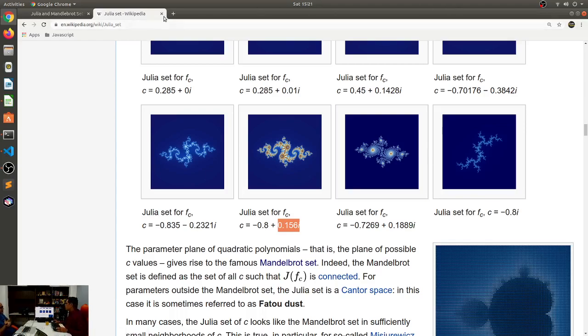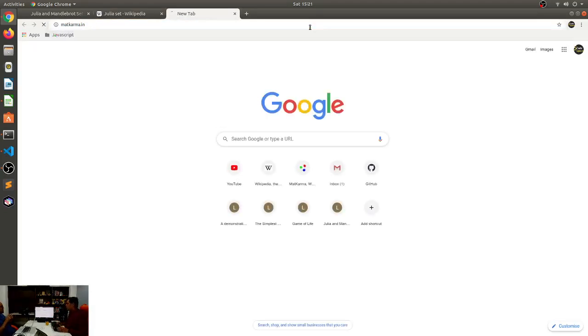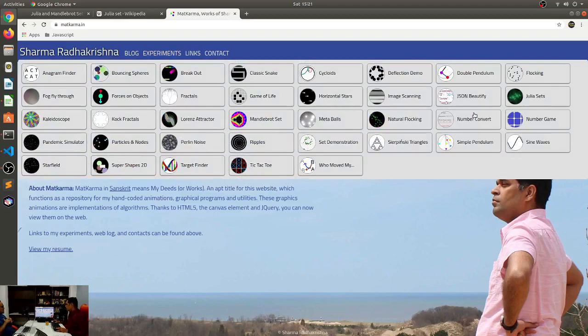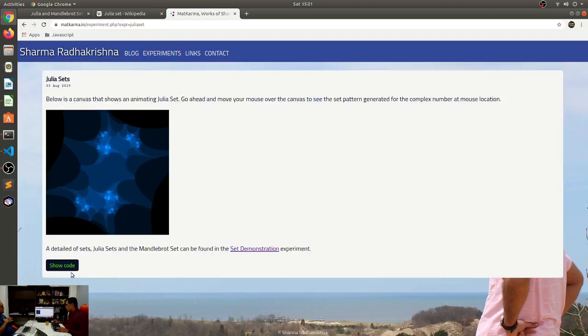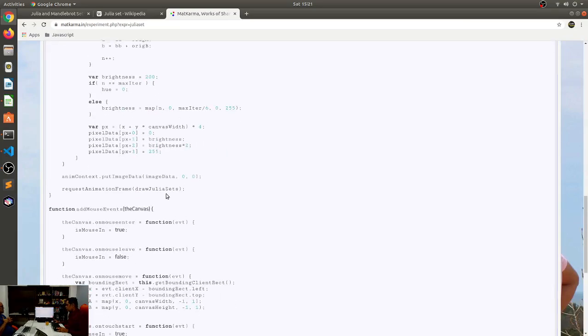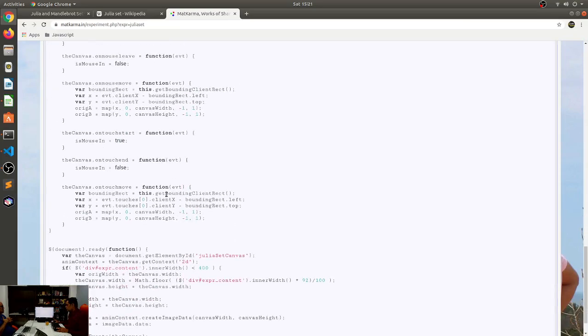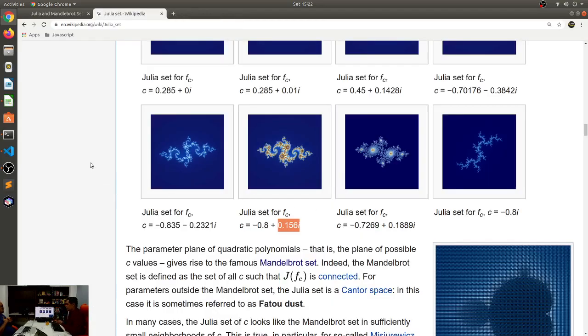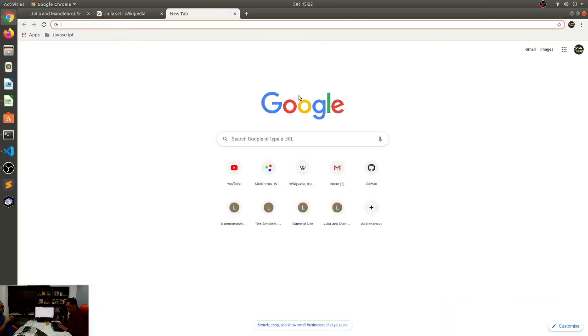The page is taking a little bit of time to load, but that's fine. I'm just going to look it up from my existing site. I have this Julia set done and everything. Oh, great! I've used this bounding rect. The bounding rect essentially is a jQuery function that gives you the exact bounding rect. All right, I'm just going to look it up on Google.